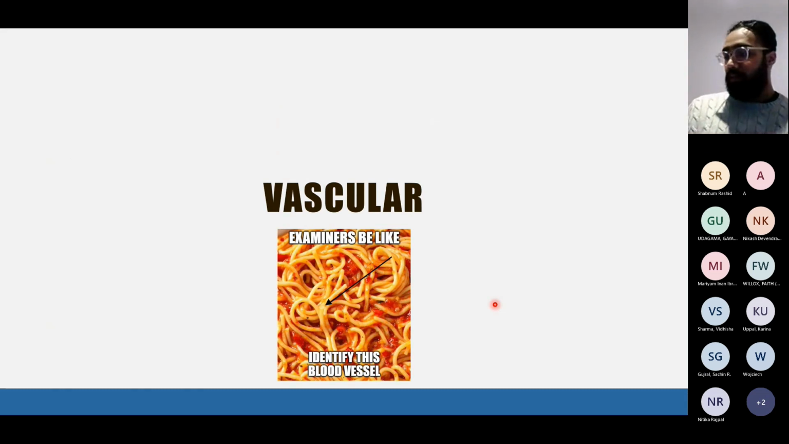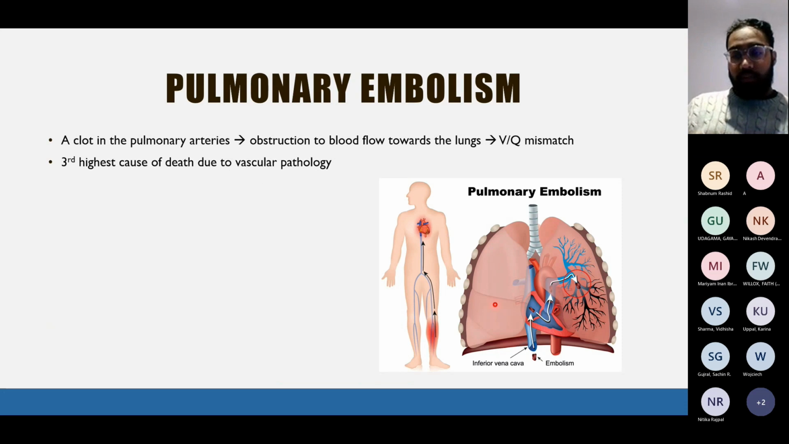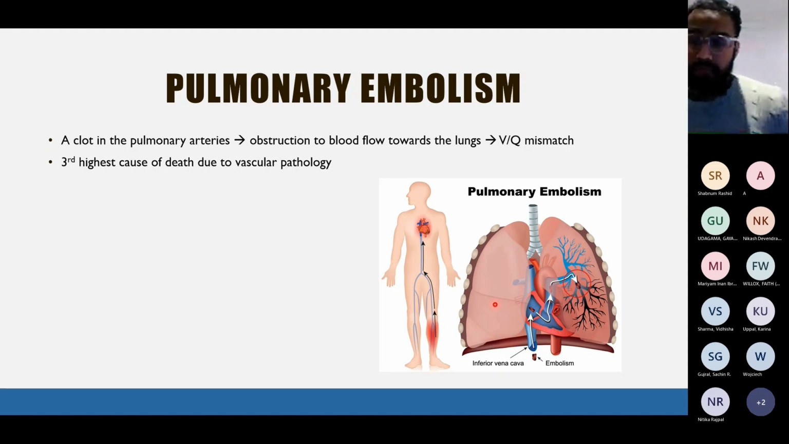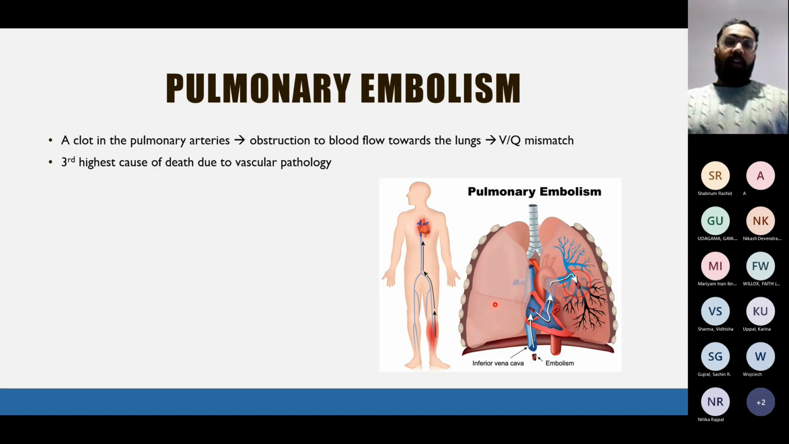We're running a little bit late. We're going to go into vascular pathology now. Vascular respiratory stuff. This is what I was alluding to earlier in the lecture, when we have a massively elevated VQ. Pulmonary embolism. Now, what is a pulmonary embolism? One of the highest causes of death due to vascular pathology, one of the highest causes of spontaneous mortality in hospital patients,